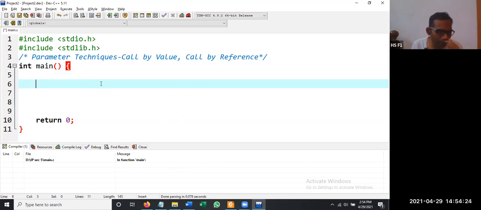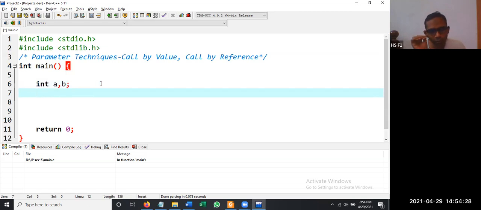Call by value means, for example, I'm having two numbers, integer a comma b. Now what we want to do is print the numbers first, then swap the numbers. So integer a comma b, then we have a function called swap, swap a comma b.